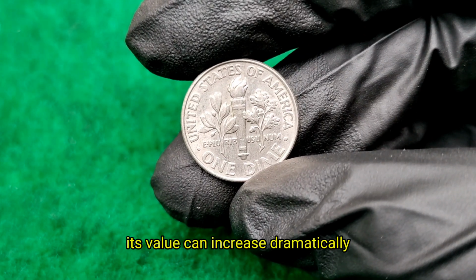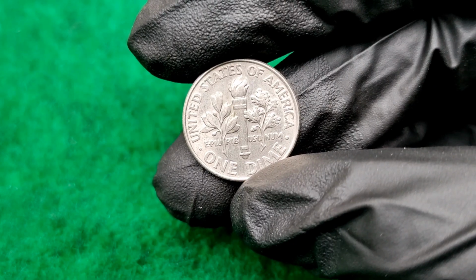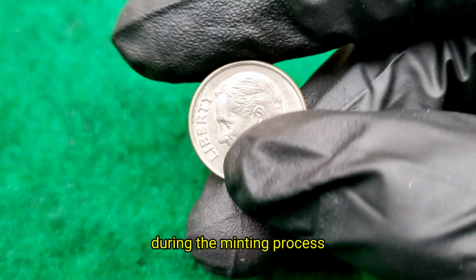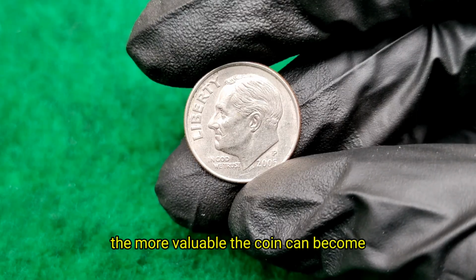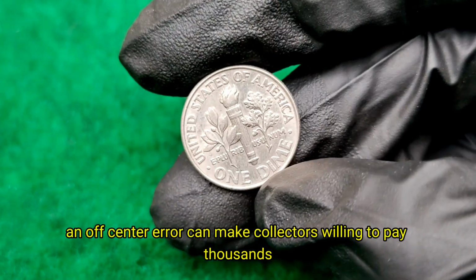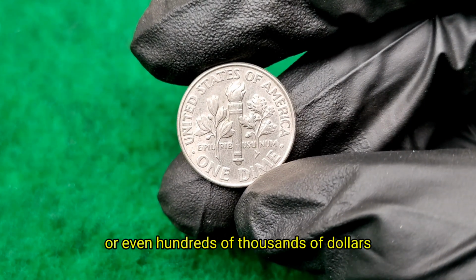can increase dramatically. Another rare possibility is an off-center strike. This occurs when the coin is not properly aligned during the minting process, causing part of the design to be missing or shifted. The more dramatic the misalignment, the more valuable the coin can become. Even in circulated condition, an off-center error can make collectors willing to pay thousands, or even hundreds of thousands, of